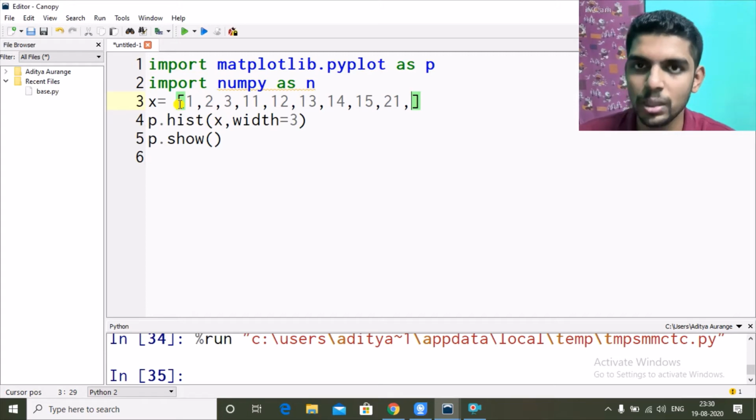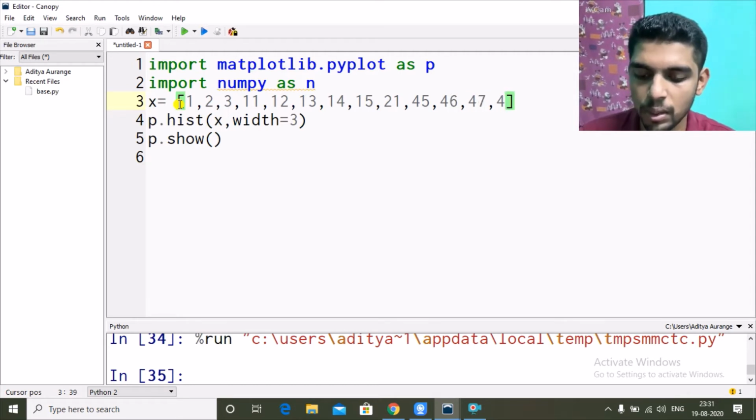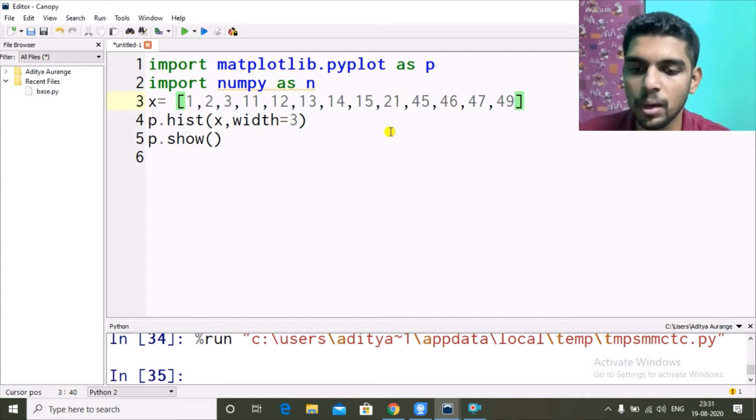Then nothing between 30 to 40, then let's have 45, 46, 47, 49. This will be our data set, and we will give our own interval.